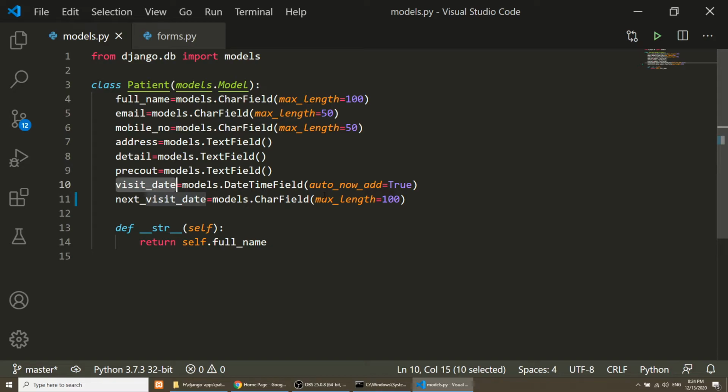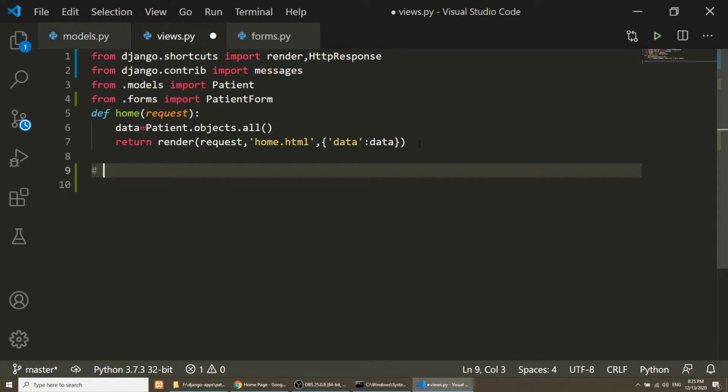Now in our views file we will get the form and show the form in our template. So the first thing we will do, from .forms import PatientForm, and we will create the functionality add_patient. Define add_patient, this will take request, and in this we will render the template.